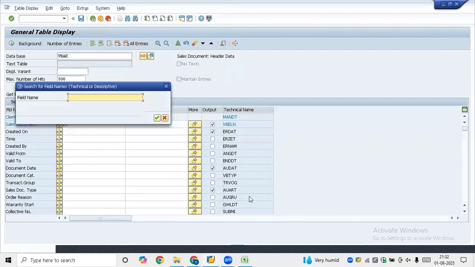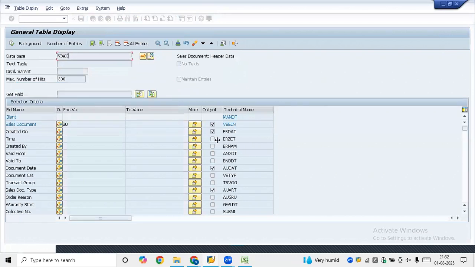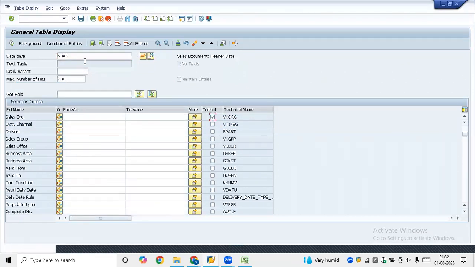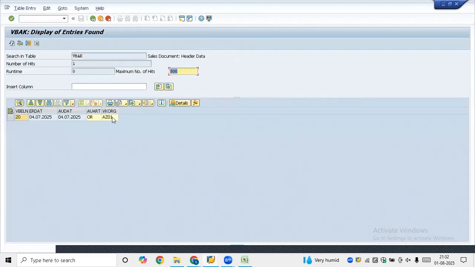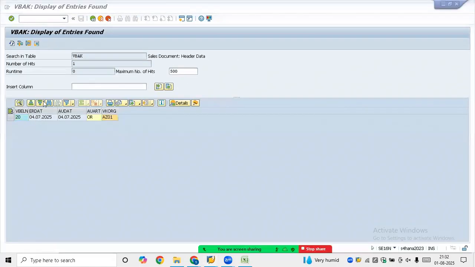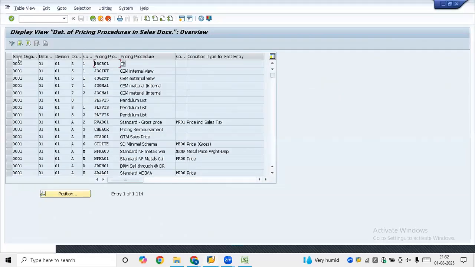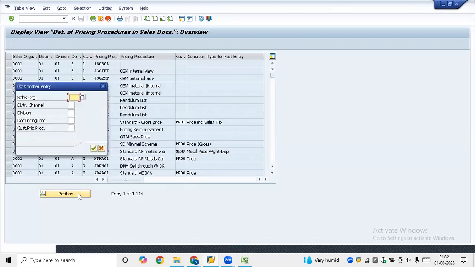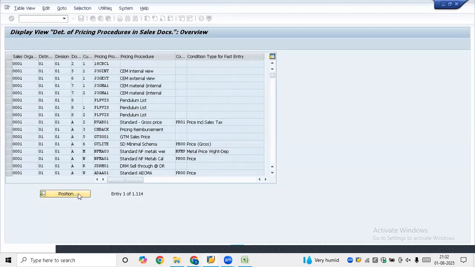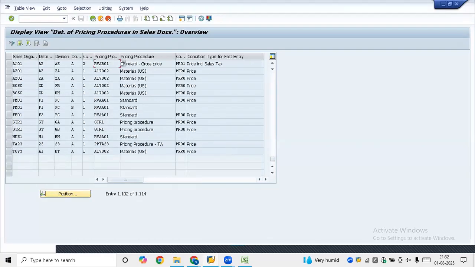In this one, I'm going in the field level. Based on my experience, I can remember these fields, VCAR. What is my sales area here? It says AZ01. So come here. How is the pricing procedure determined? The first field is sales area. So give a position here. AZ01. Okay. Now, AZ01, there are three. How did it come to A107002, right? Now,